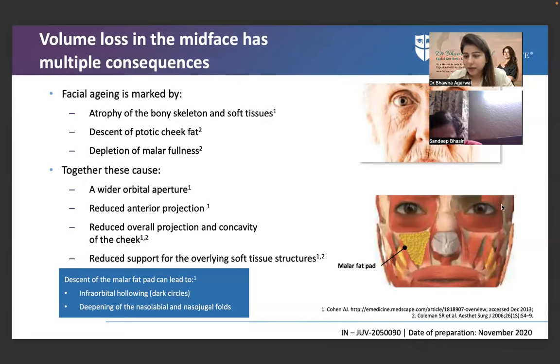Got it. And this will also be the area where the orbicularis retaining ligament is. So zygomatico